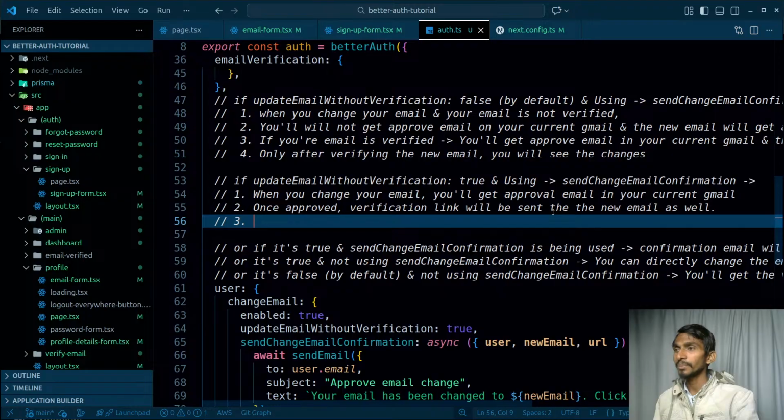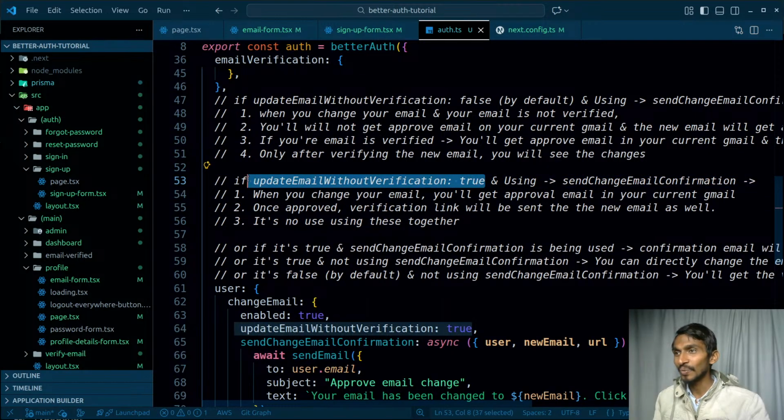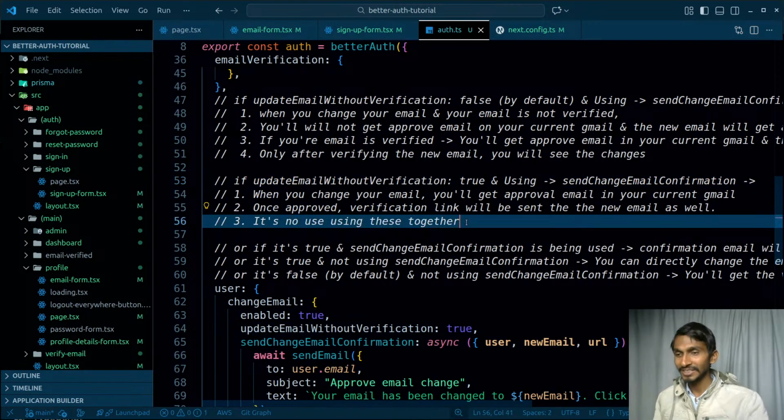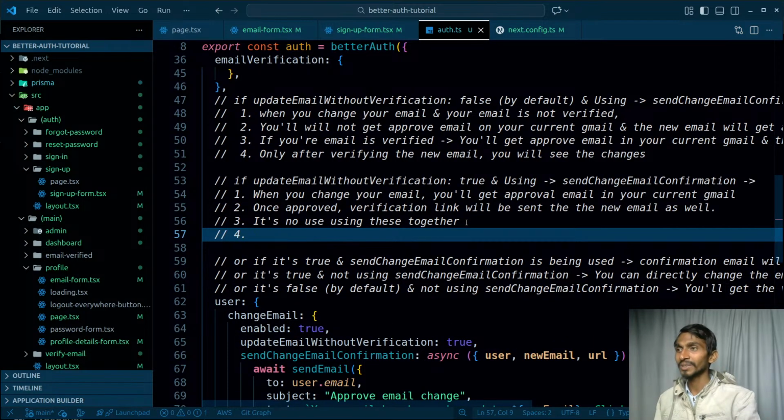So the next step can be, it's no use using these two together. So don't use them together. Use this alone if you want without verification. So I can say one more thing, fourth number, if you want to update email